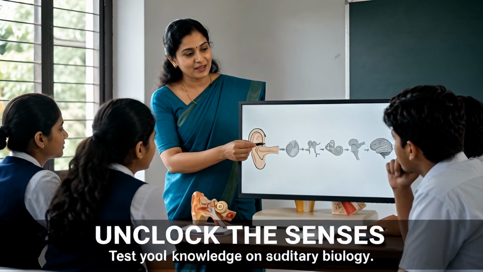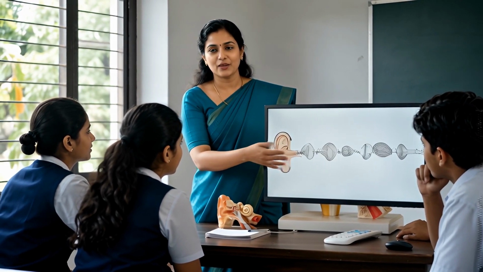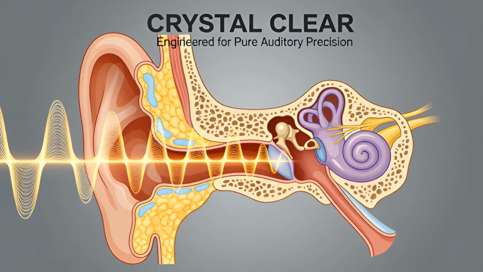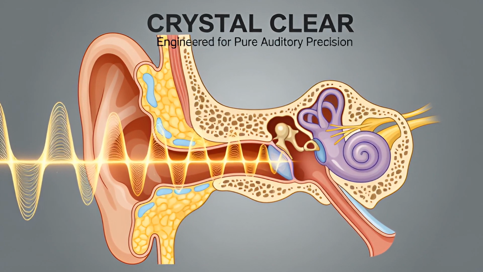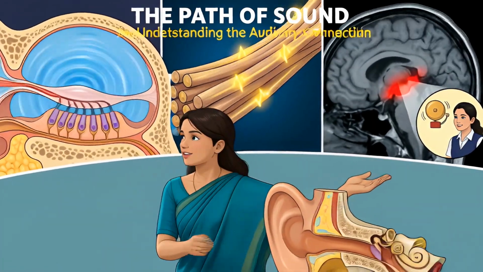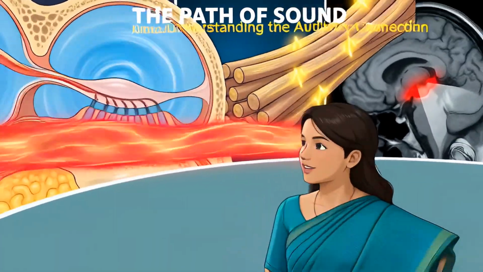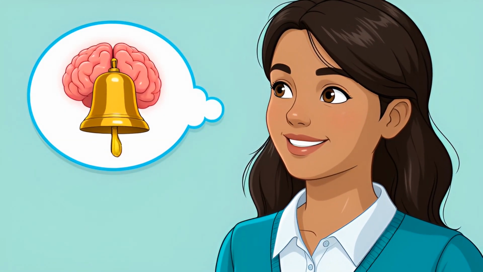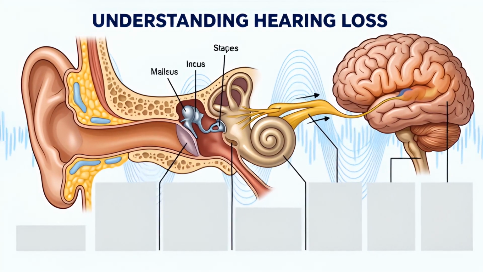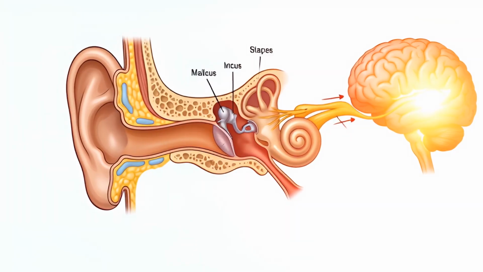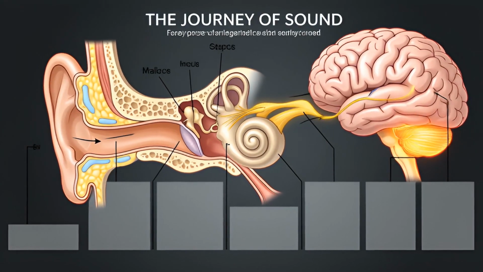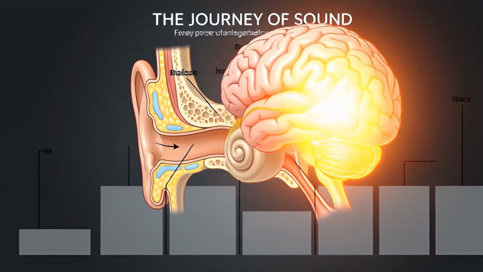Fourth question, what is the pathway through which sound becomes hearing? Answer. Sound waves first reach the pinna. They travel through the auditory canal and produce vibrations in the tympanum. These vibrations reach the oval window through the ossicles. The fluid inside the cochlea then moves, stimulating the hair cells and producing nerve impulses. When the auditory nerve carries these impulses to the brain, sound is experienced as hearing. That pathway is pinna, auditory canal, tympanum, ossicles, oval window, cochlea, organ of Corti, auditory nerve, and brain.